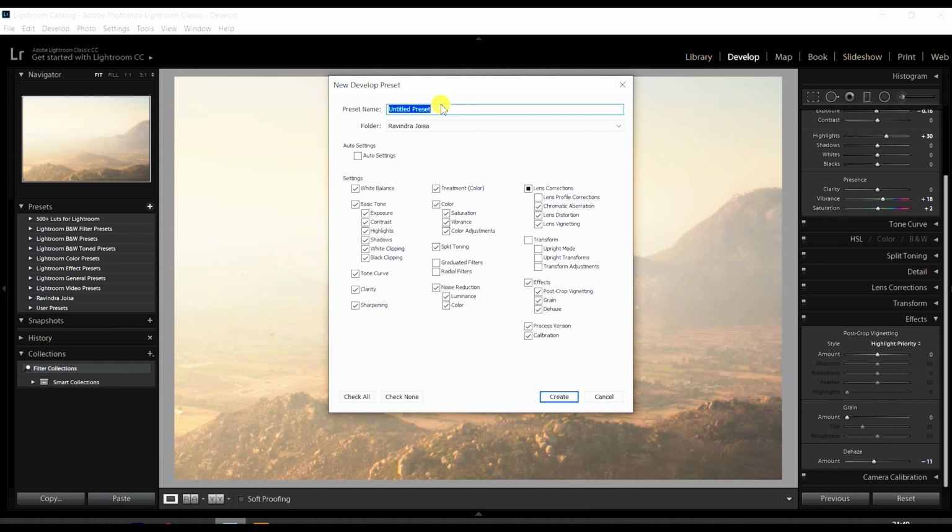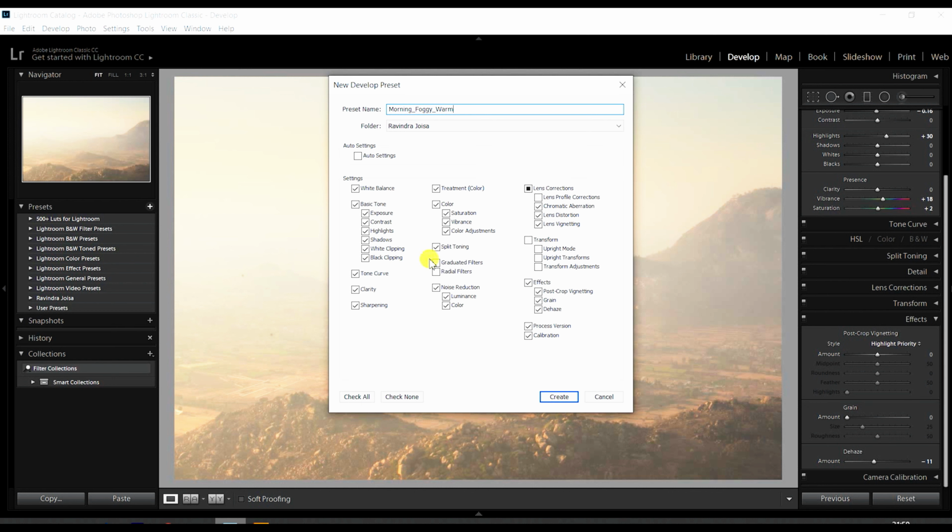So let me name this as morning and foggy and also warm, so that it's easy to understand. Always make sure to name it so that you can understand whatever the preset name is later on, because I've seen so many presets where you cannot even make out what preset it is. Say if you want to use the same preset after maybe 1 year's time, you should be able to recognize instantly, saying this is the preset, instead of wasting time in selecting between hundreds of presets.